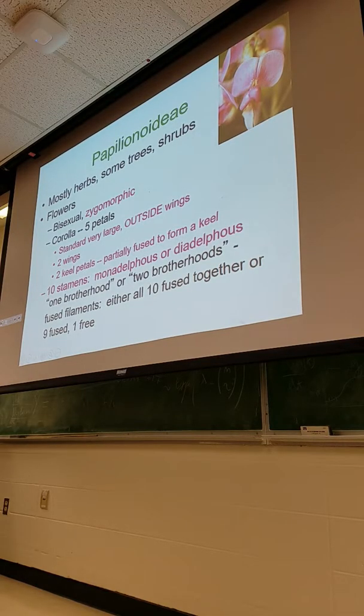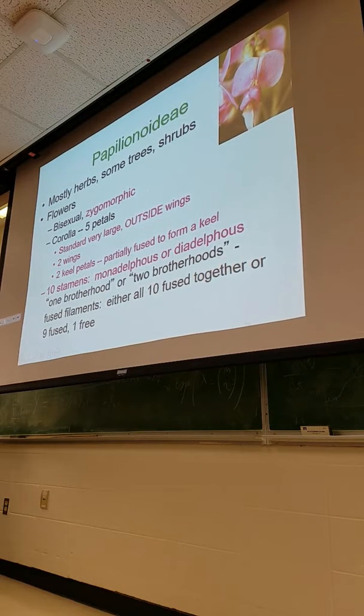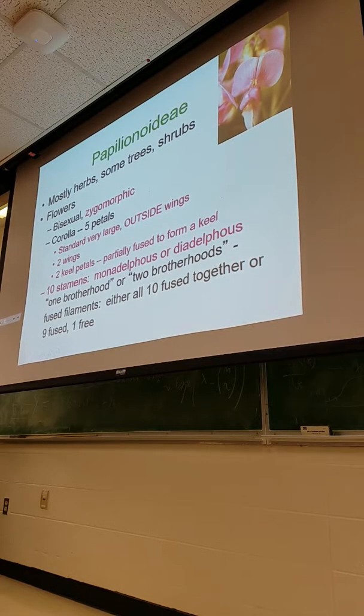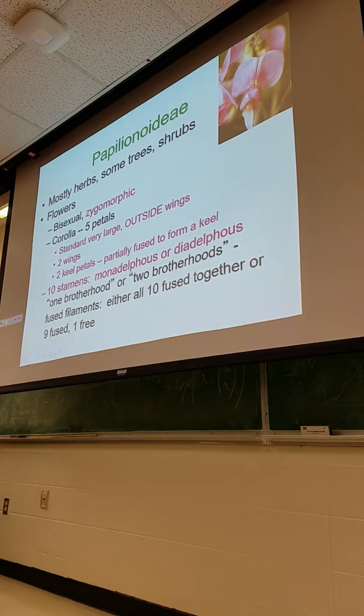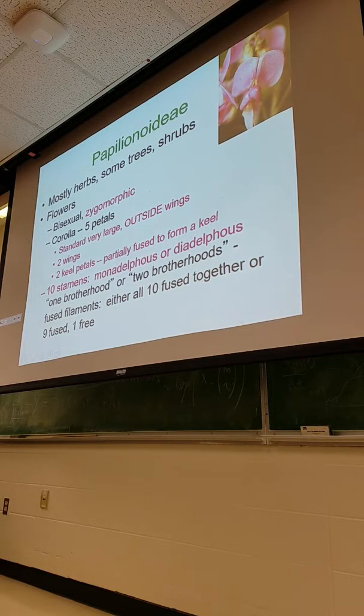The flowers are bisexual and zygomorphic. Corolla, you're going to have 5 petals. Again, you have this very large standard or banner outside the wings. Then you have the 2 small wings, and then you have the 2 keel petals, which are fused to form a single keel. You're also going to get the 10 stamens, and you can have this monodelphous or diadelphous, which